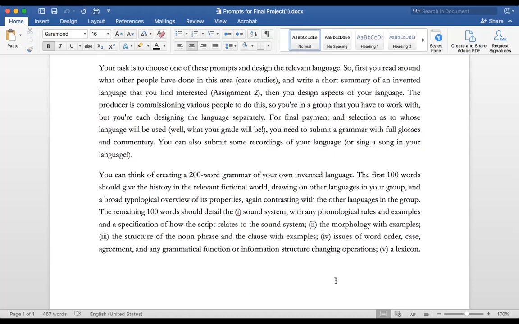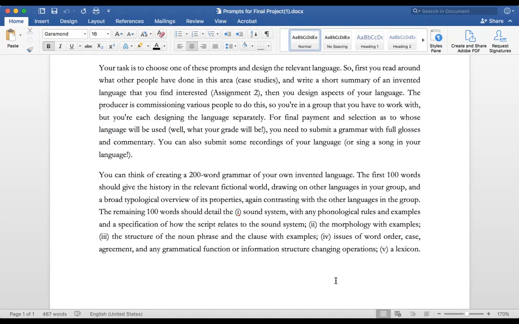So what do I mean by the structure of the noun phrase? In English, if you have a word like boy, you can have the boy versus a boy, with a difference in meaning, or boys, which is the plural without any additional material in the front. So what does your language do? Maybe your language is like Spanish, like la casa, so you have a determiner that actually agrees in gender with your noun. Again, the possibilities are plenty on what you want to do.